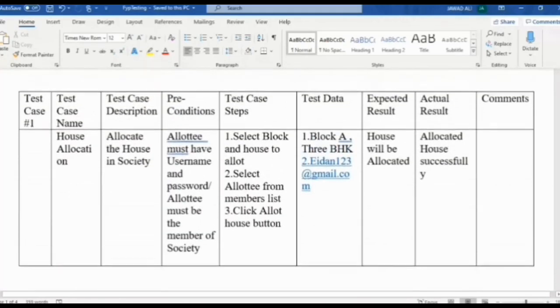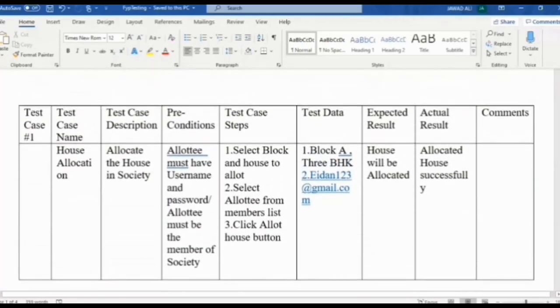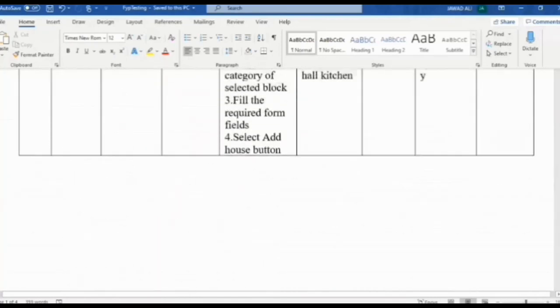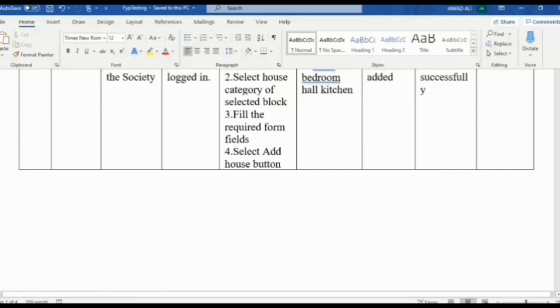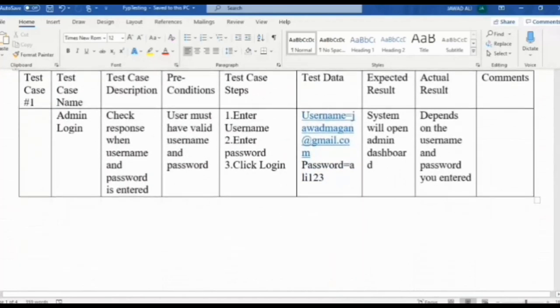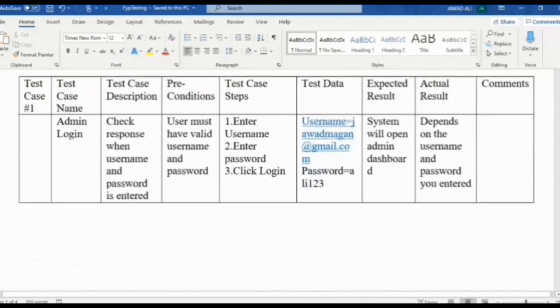We have allocated a house and written its required columns in the suitable format: name, description, preconditions, test data, and steps. These are the 4 test cases on which we have written a few. All these test cases we have tested practically in our project.